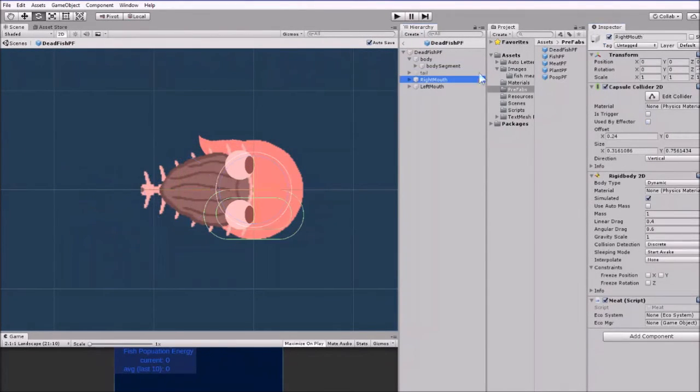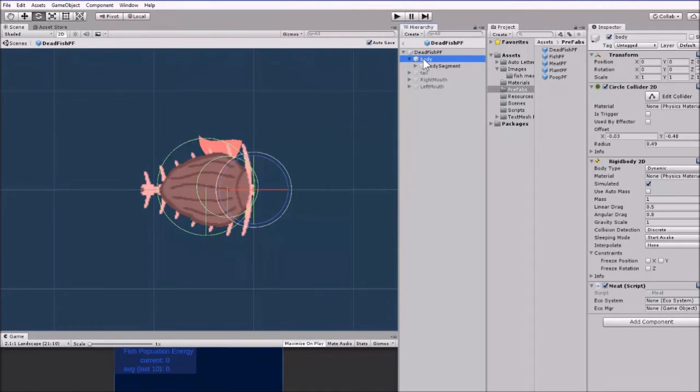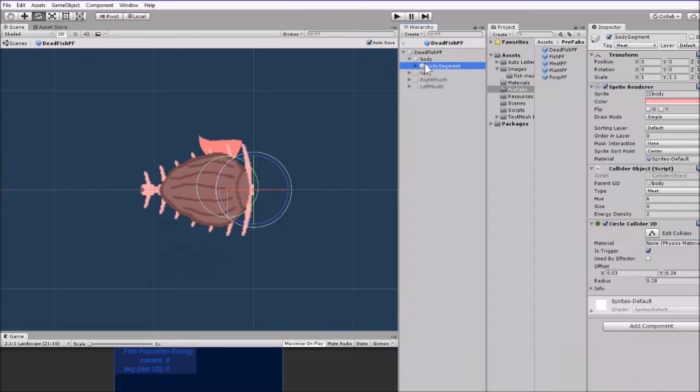And if we want to look at just the, just to make it easier to see, I'm going to delete the tail, the right mouth, and the left mouth, so you can see what we're talking about here. Oh, I forgot there's a fin attached to that. Anyway, so there's a body collider, which we're seeing right there, the bigger circle in bright green. And what that does is that keeps this thing from going off the map. It could bang into the side of a fish, say, and it would bounce away. But the other collider that I have attached to this is connected to the trigger collider,